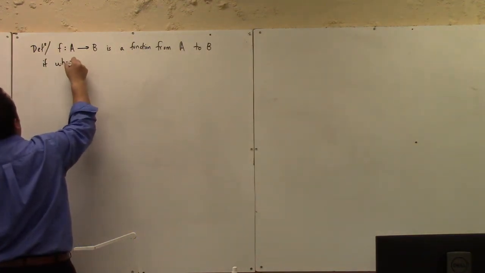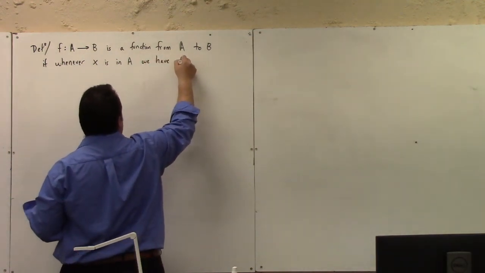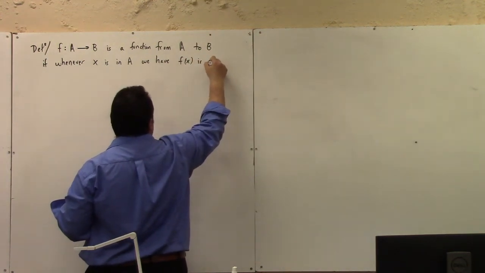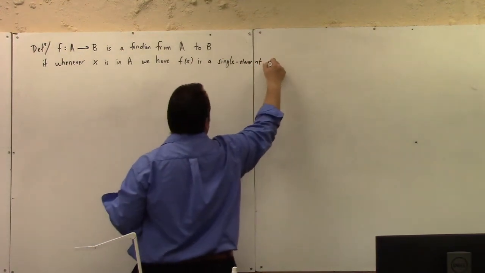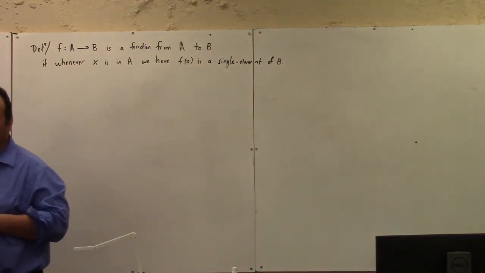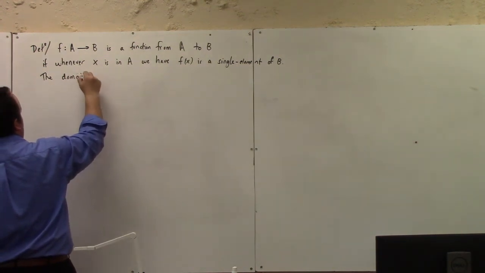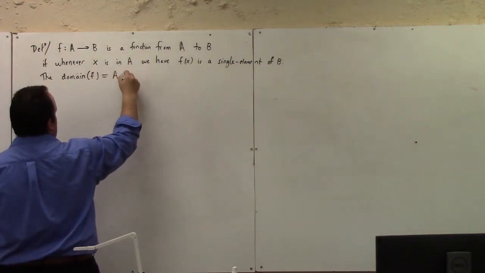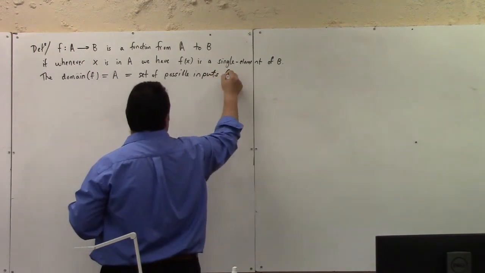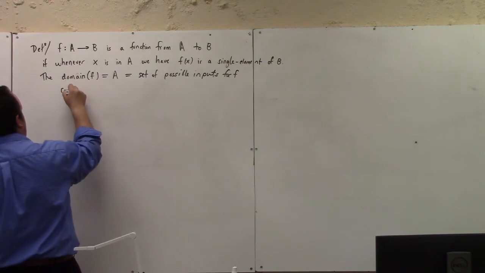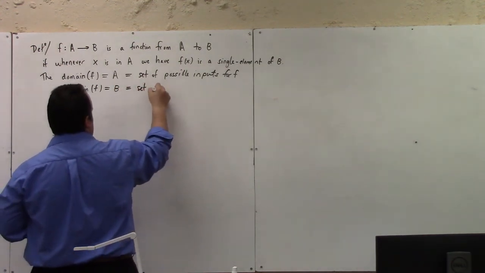if whenever x is in A, we have f of x is a single element of B. The domain of f is A, and that's also the set of possible inputs for f. The codomain of f is equal to B, and this is the set of possible,